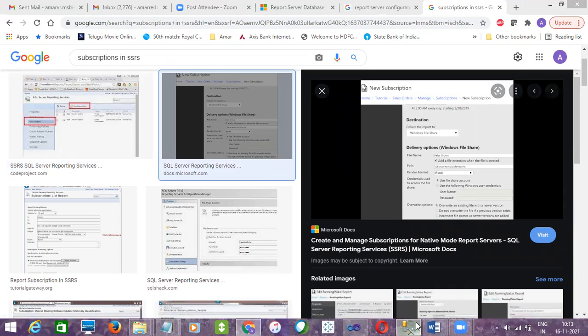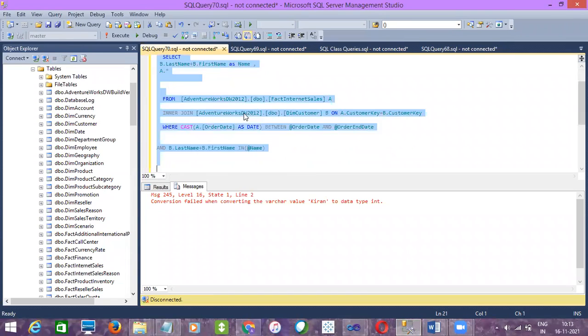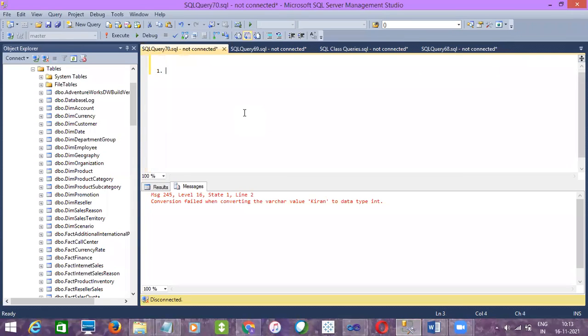So we have two types of subscriptions. One is standard subscription, and the second one is data-driven subscription.